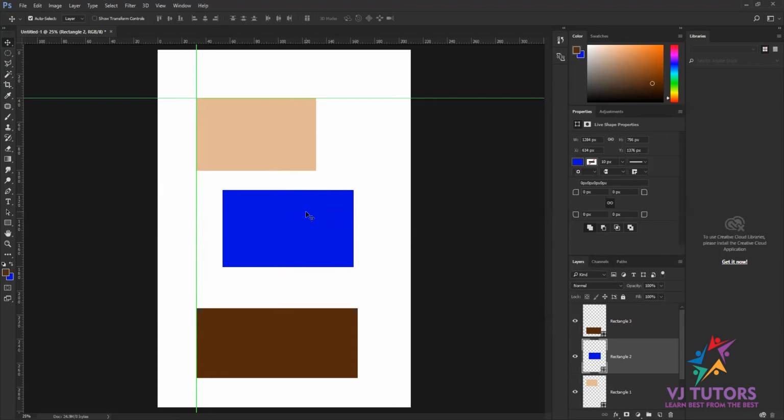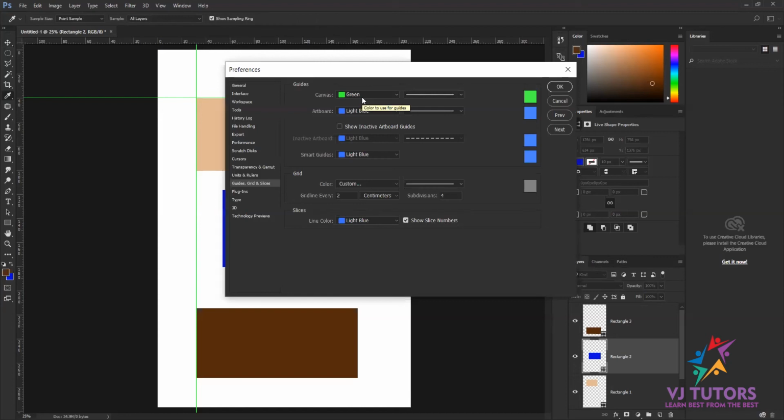Suppose you want to change the guideline color, because sometimes your background color and your guideline color are the same. At that time you can't change the background because it is required for your design, so we can change the guideline color in Photoshop. I just double-click on the guideline and it automatically opens the Preferences.